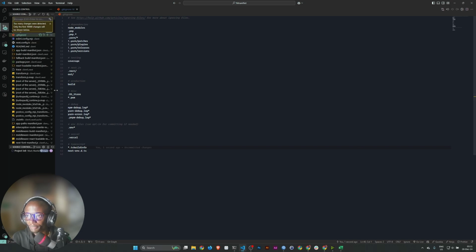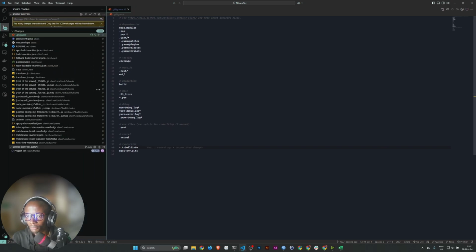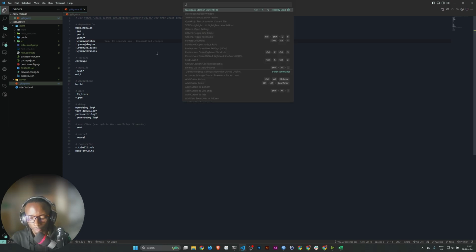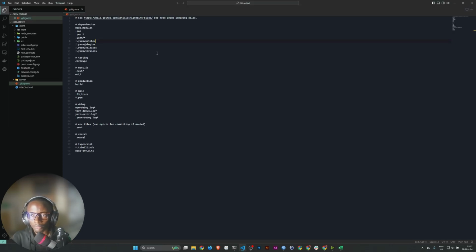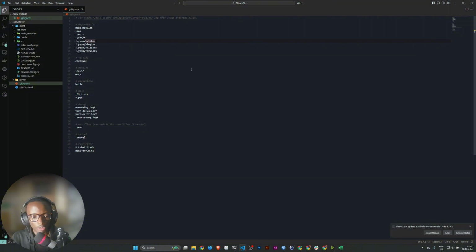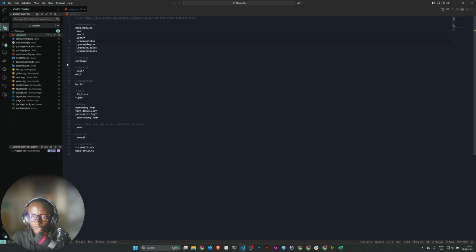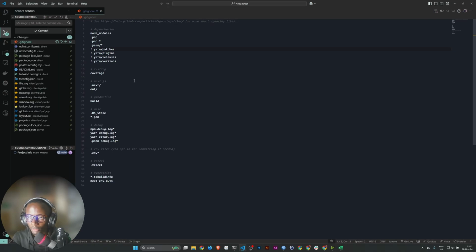Well, that's weird. So let's reload. See whether that's going to fix it. Because ideally the root level git ignore should be, yep, now it picks it up. It just needed a bit of a refresh.